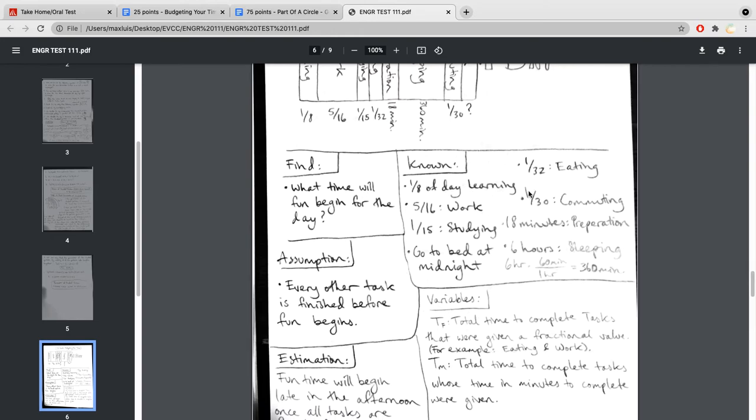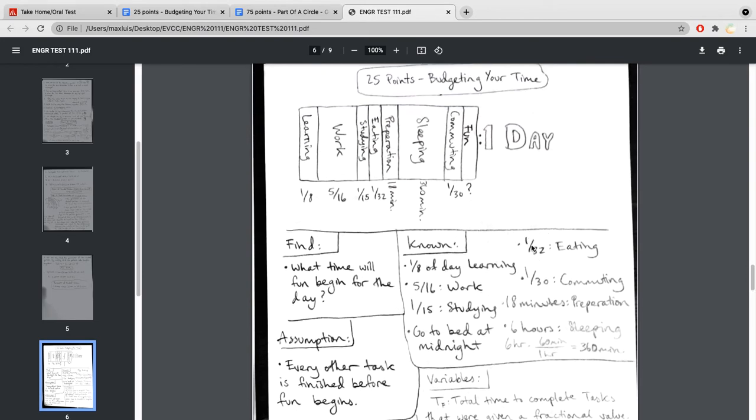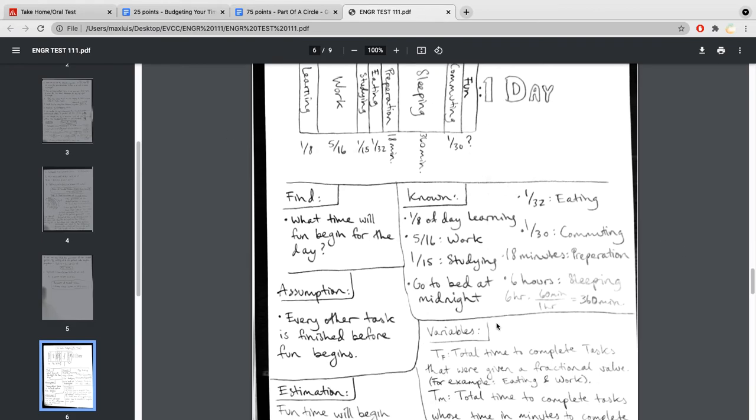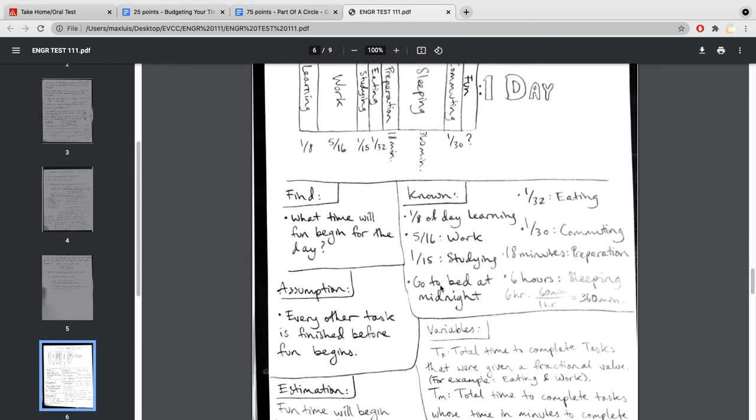What we know, so I put down everything we know. 1/32 of the day is spent eating, and so on. Same things up here. And then also we go to bed at midnight. So the fun will begin after. So we have midnight, and then we